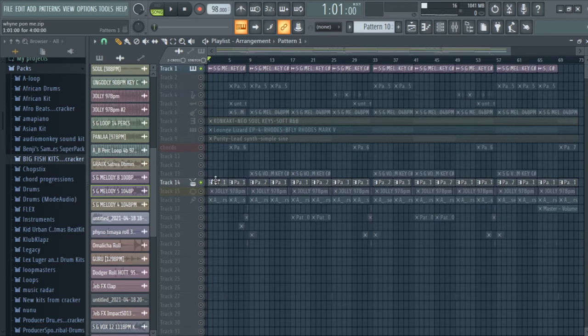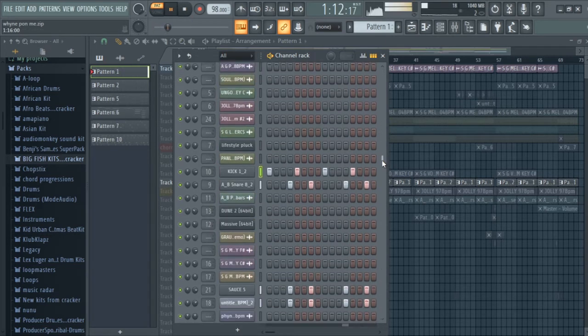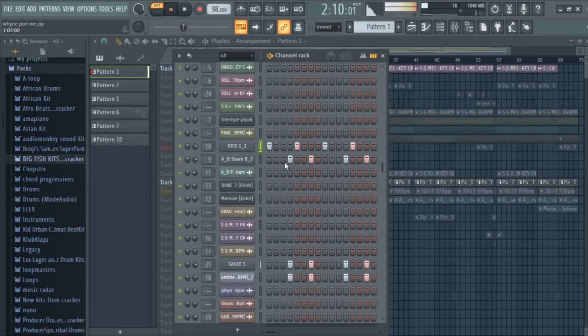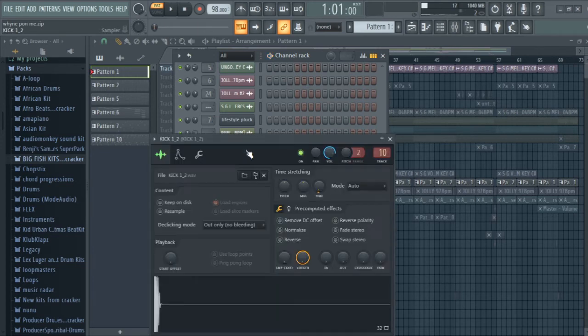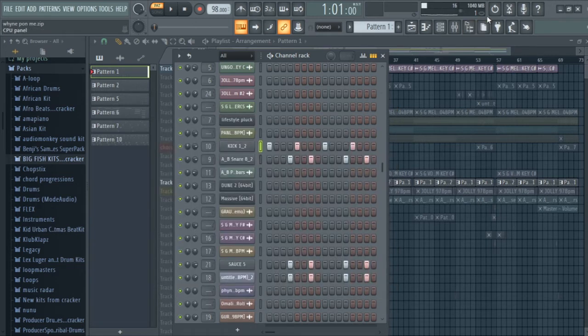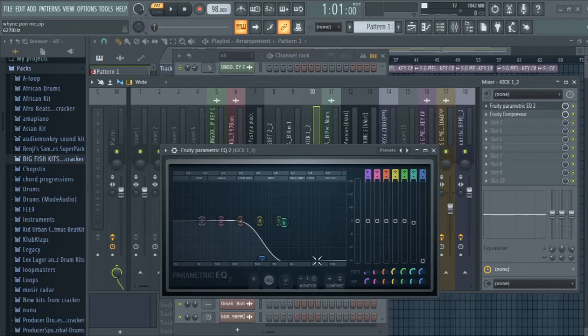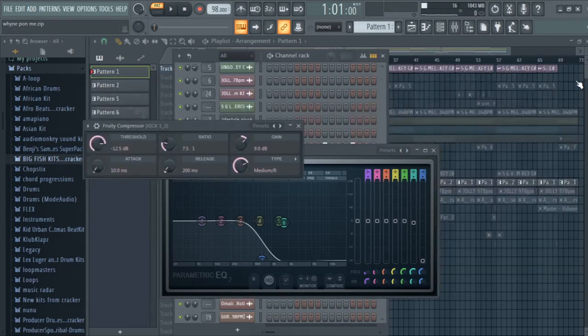I have a bunch of one-shot samples programmed, so it's a basic Afro drum pattern, and the effects I have on the instruments are not anything too crazy. I have an EQ and a compressor on the kick, and